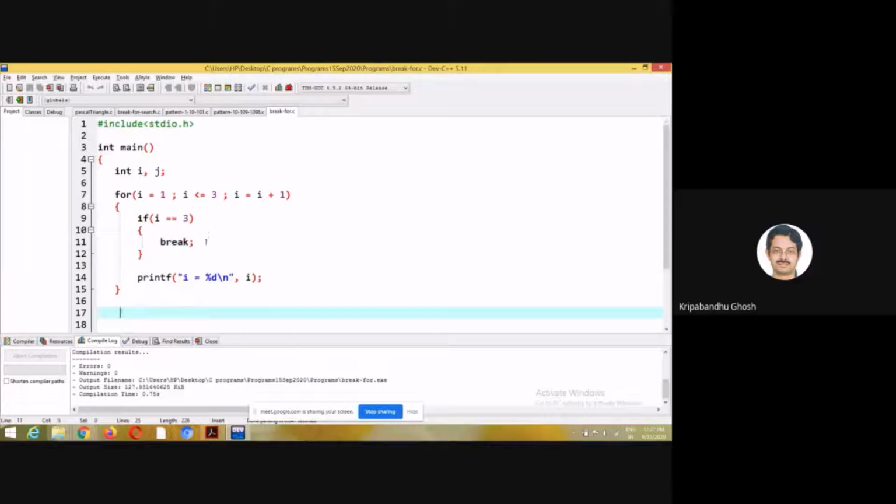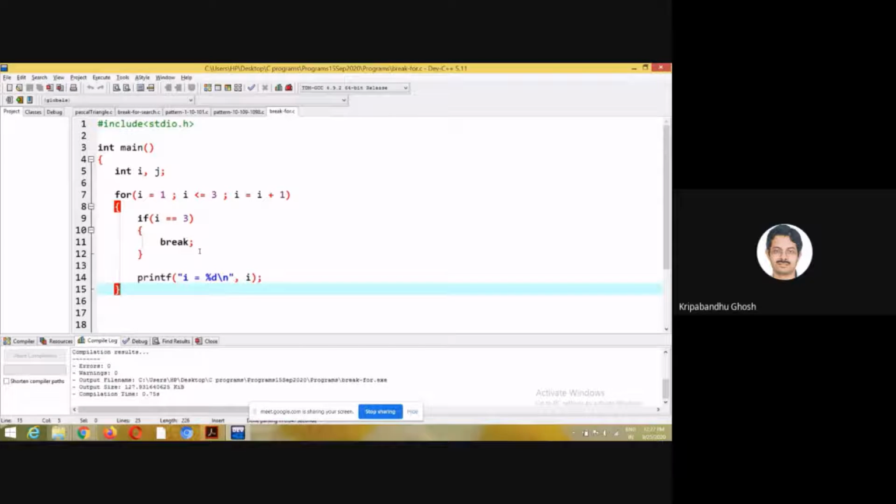It will go out of the current loop only. If there is more than one loop, it will go out of the loop inside which it is called. Like in switch, it will go out of the current switch. I did not use any nested switch there, but if there is a switch inside a switch, it will come out of the current switch.